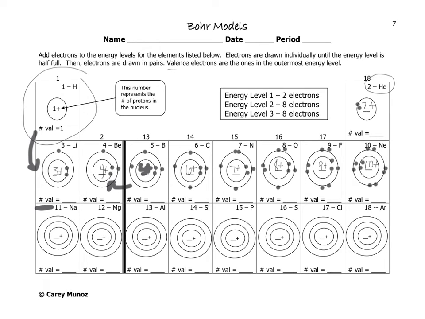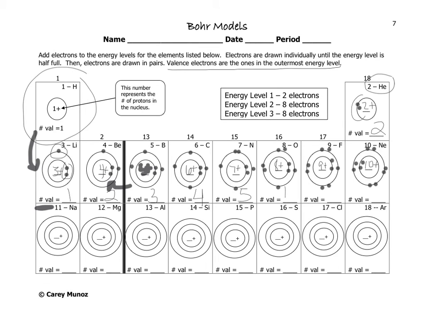Right here it says valence electrons are the ones in the outermost energy level. So you simply look at the ring and you count how many there are in the circle that's farthest from the nucleus. Helium only has 1 ring, so those 2 are valence. Lithium, though, we're going to ignore those 2 in the first ring, and we're only going to count this 1 in the outer ring. Beryllium, 2 in the outer. Boron, 3. You probably notice a pattern here,